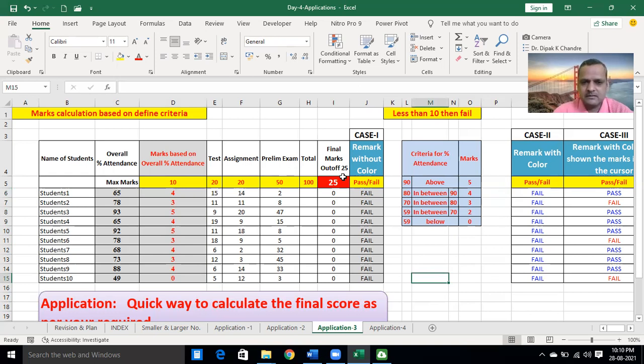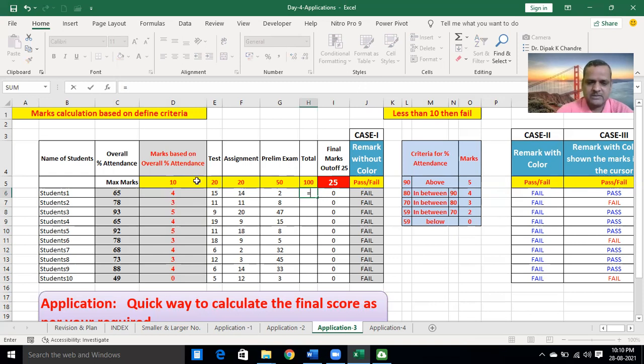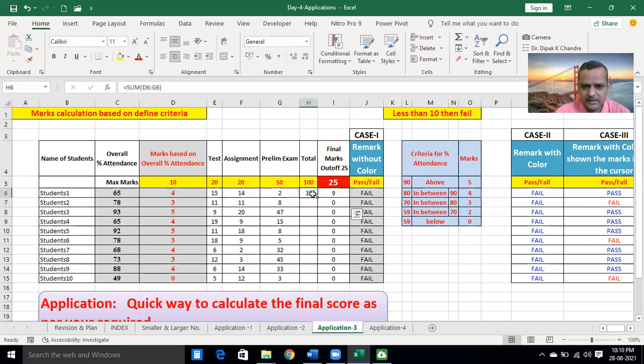Then the addition, total marks. You just add these numbers by using the sum formula. See, 35 marks. And then drag this formula till the end. See, these are marks based on 100 and these marks are based on 25. How are these marks coming to 25? You can guess the formula. The formula is very simple: H, but the I5 cell is locked, then 100.